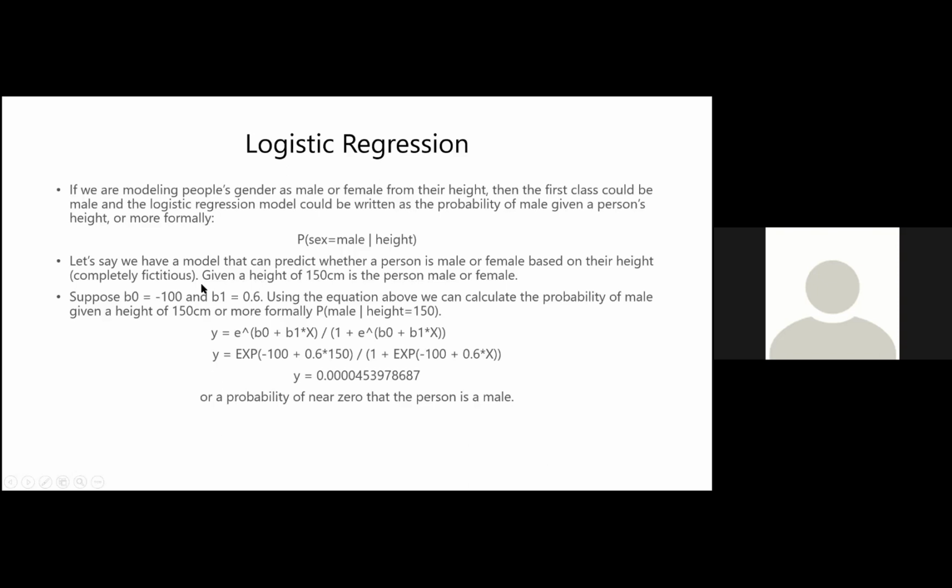Taking the values of B0 and B1 as -100 and 0.6 as I'm showing you here, we find the probability using the equation that I explained in the previous slide. X here is the input, 150 centimeters, and we calculate the value of this equation, and after calculating the exponential value, we have got